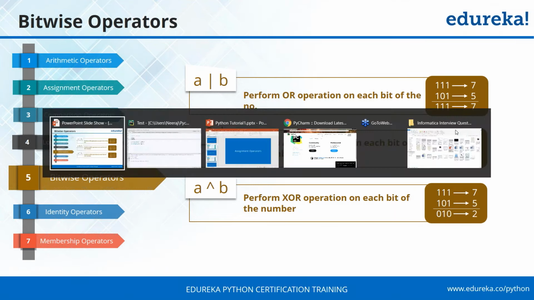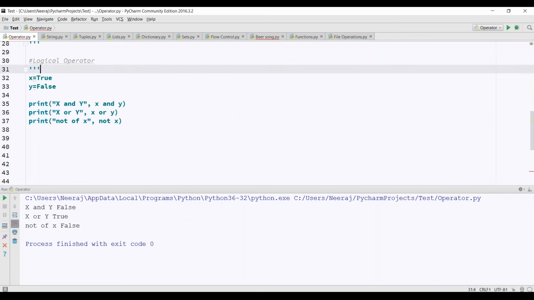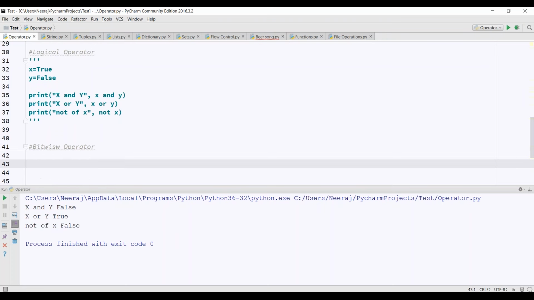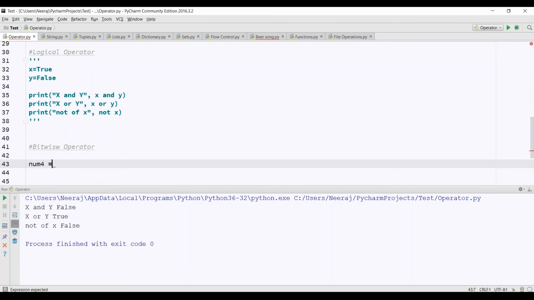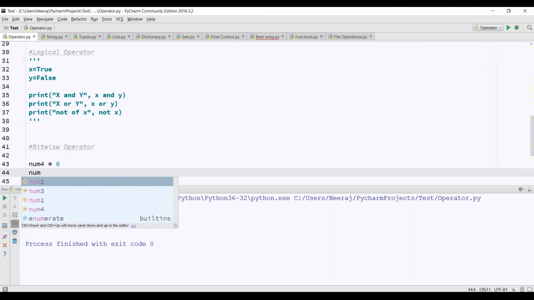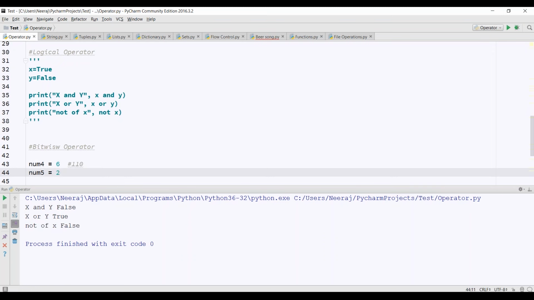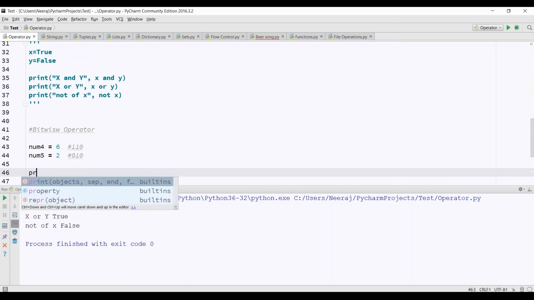So let's go back to our PyCharm. Let me just comment this section. So here let's consider two new numbers, let's say num4, which is equal to 6, and num5, which is equal to 2. Now the bitwise value of 6 is 110 and the bitwise value of 2 is 010. Now what we're going to do is perform bitwise operations on these. So let's say print